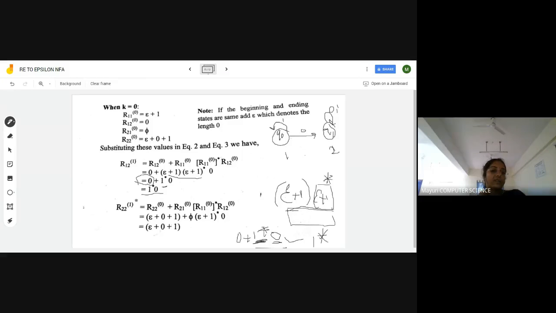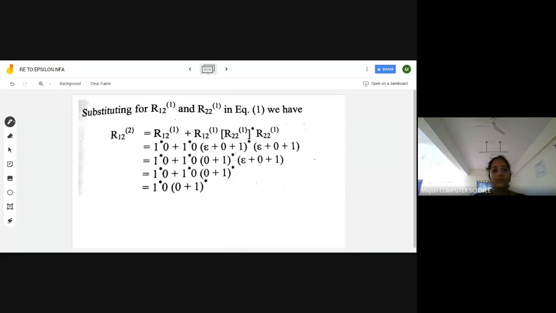So the next formula is R2 to power 1. Again, I have written according to the rule. So I have copied the values. Here, anything that you multiply with null set, 0 has value. Remember, 0 has value. Why I haven't considered this is because I am just multiplying that with null set. So I will get only epsilon plus 0 plus 1. So with these two terms, I have to play a role now. 1 to power 1 value, 2 to power 1 value. Just go and apply that in the final equation. So this is my applied values.